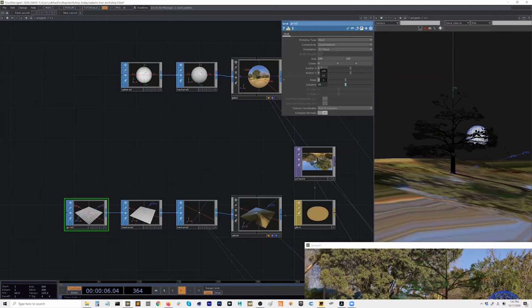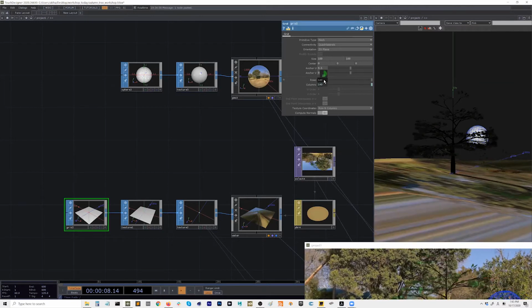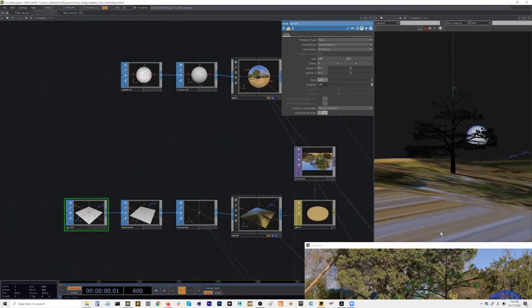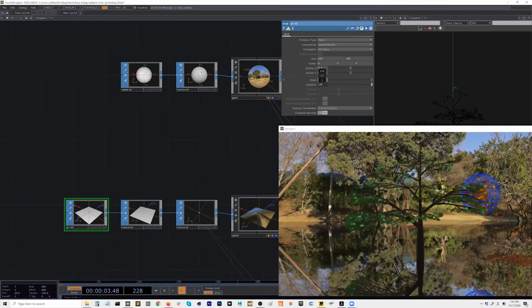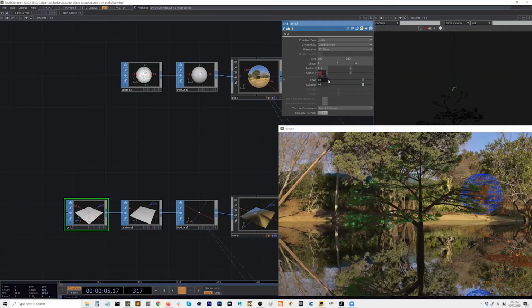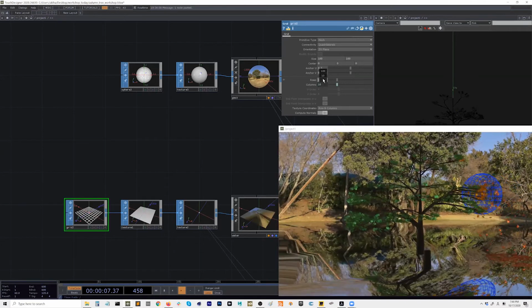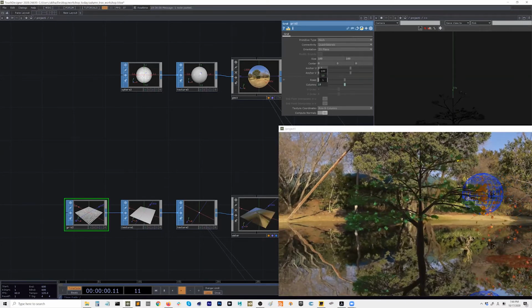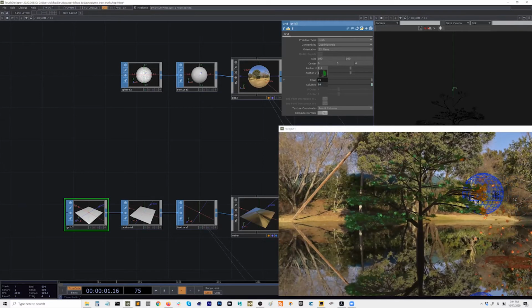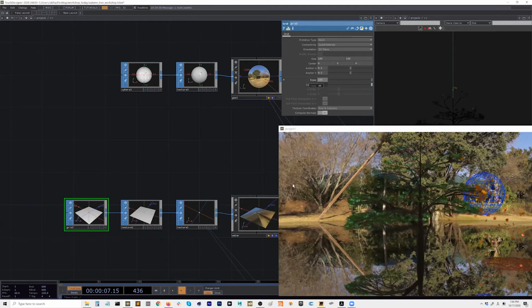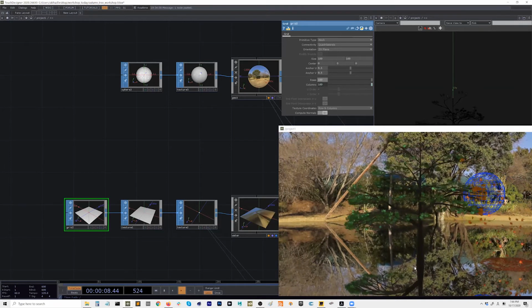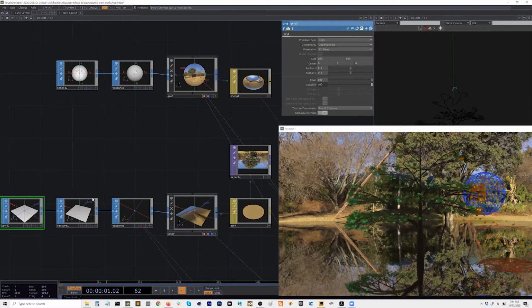So try increasing. Let's look at this one. Yeah, when it's low, it's just not clean, right? So you need to give a decent amount of divisions to look right. So I do like 100 for now. So now it's nice and smooth. Yeah, so that's good.